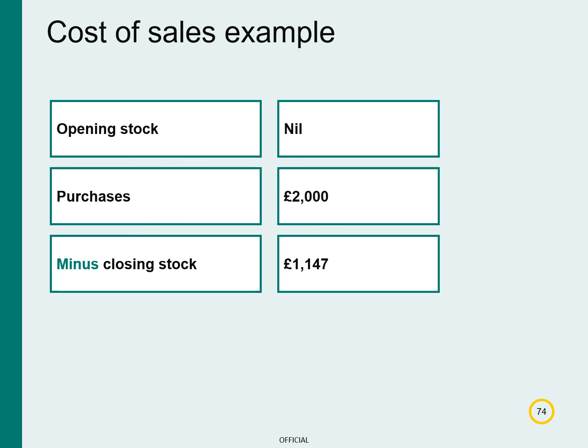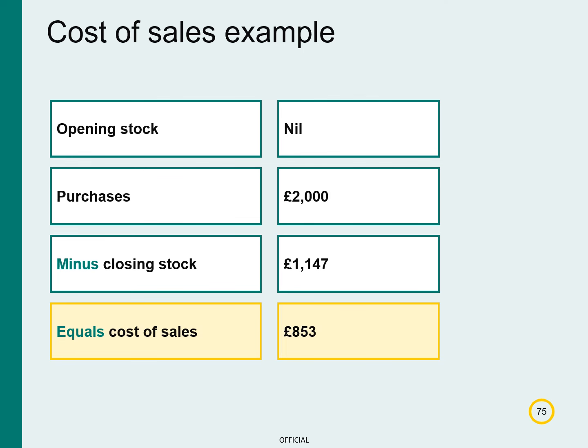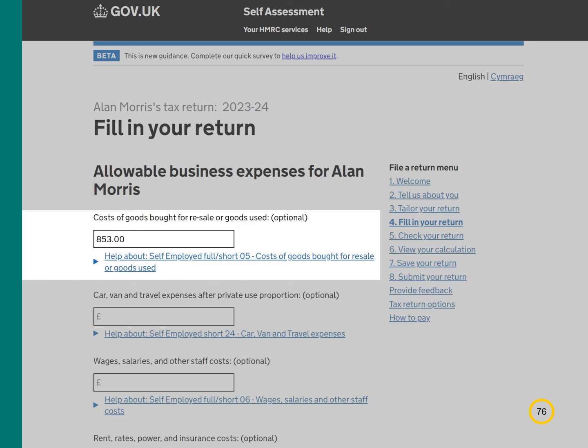So purchases of £2,000 less closing stock of £1,147 gives a cost of sales figure of £853. So if Alan is using traditional accounting, he'll put £853